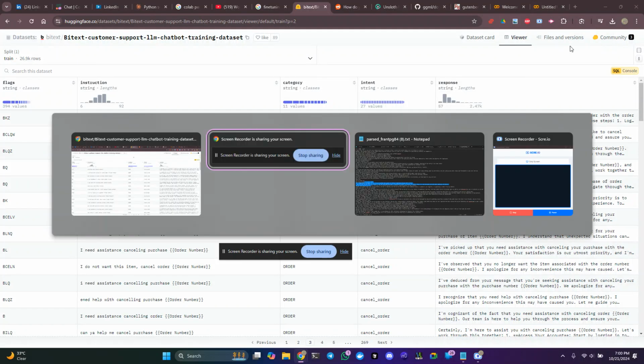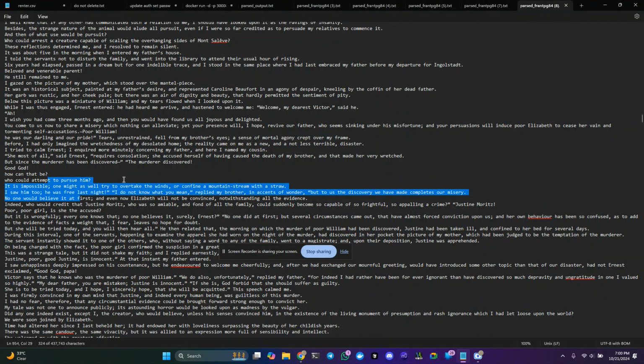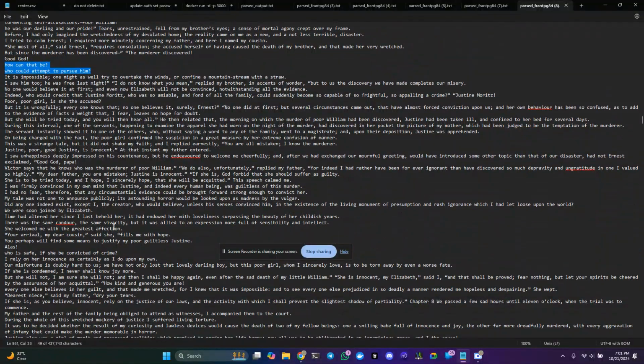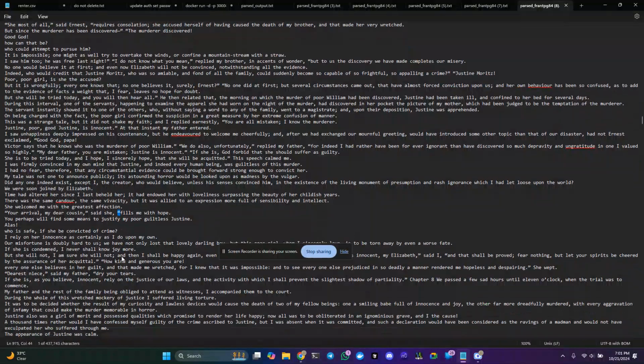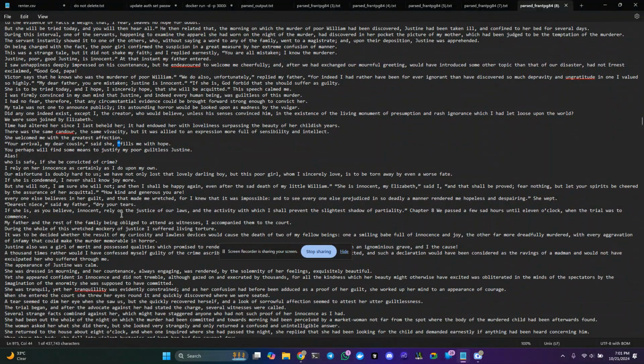In this case, with my text, I will label it as, oh, look at that. I just found an error. Oh, no, that's a poem. So I'll label this sentence, for example, as a description. This would be a description. This would be dialogue. You can see that some of it will be lost because the closing quotation mark is lost somewhere in here. I don't know where it is.